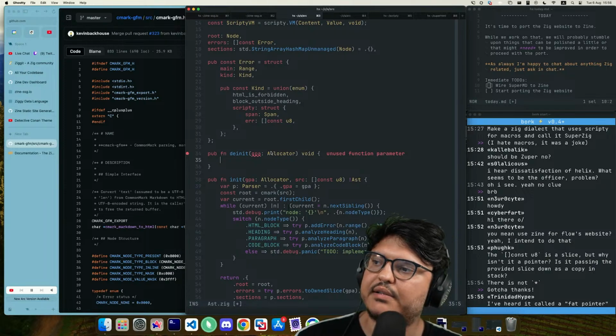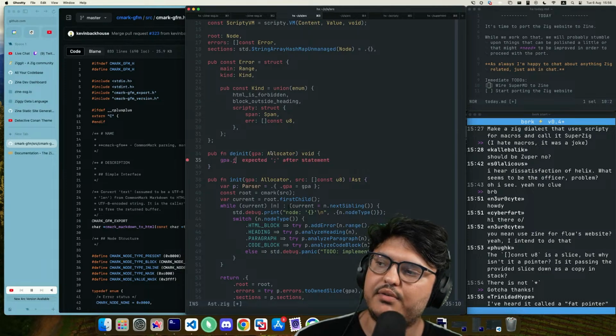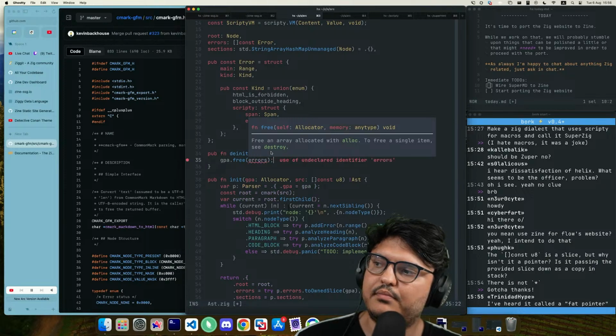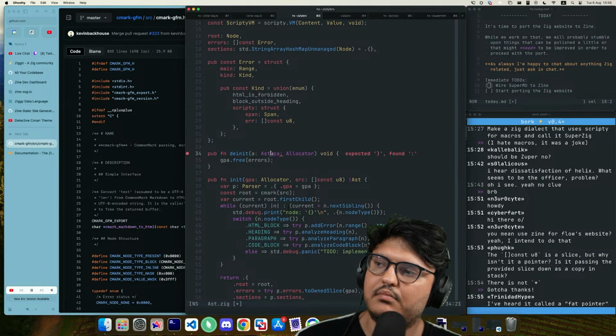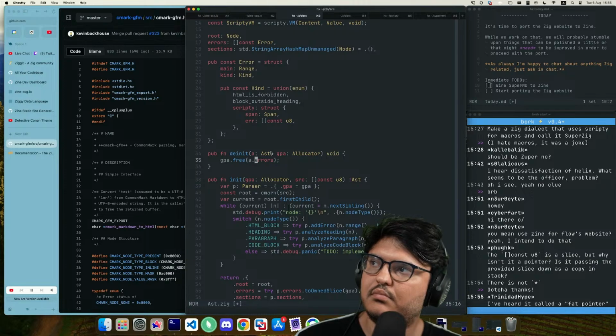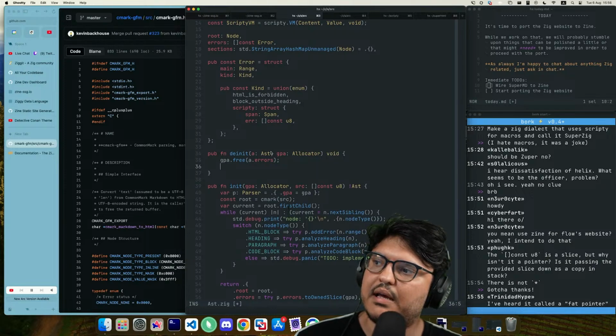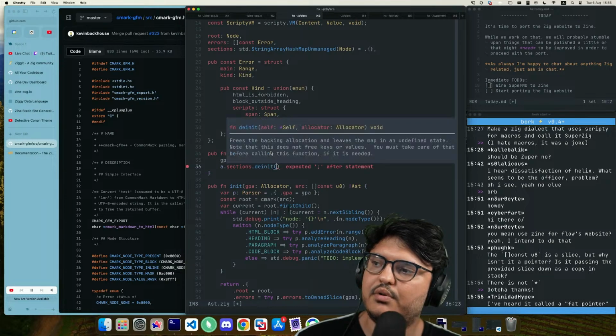Okay, let's try to do it for real then. So let's say GPA dot free errors. Then a dot sections dot deinit.